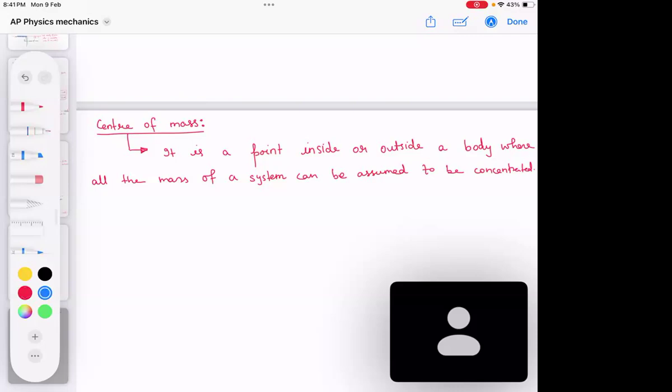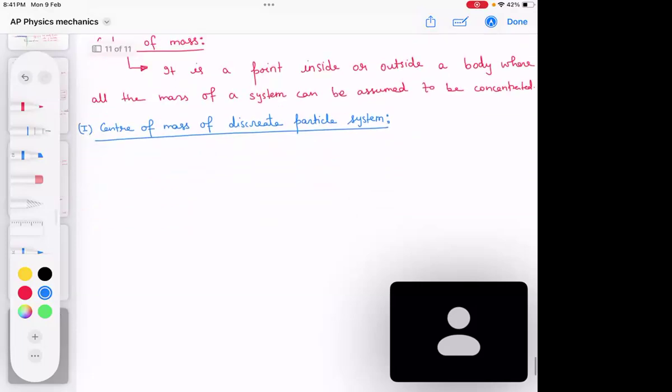Okay. So now if I want to calculate, there are two cases of center of mass calculation. The first one is what? Center of mass of a discrete particle system. Okay, discrete particle means what? A number of point masses are there. Okay, discrete particle system means what? A large number of particles are there and they are arranged, and we want to calculate the center of mass